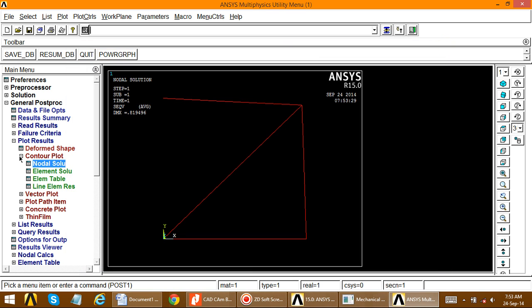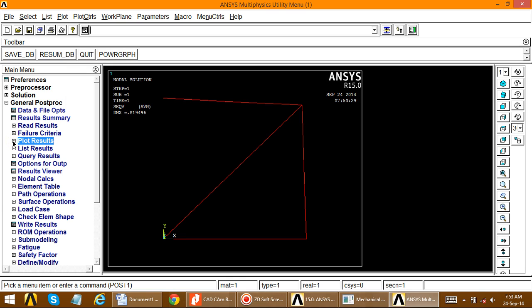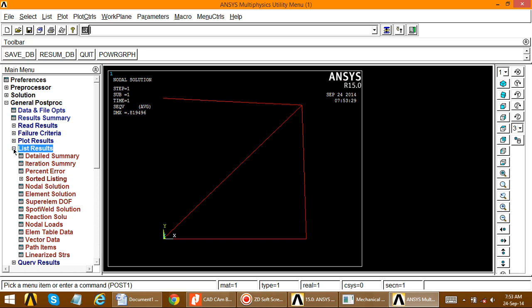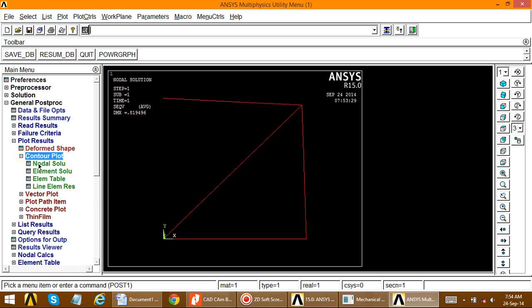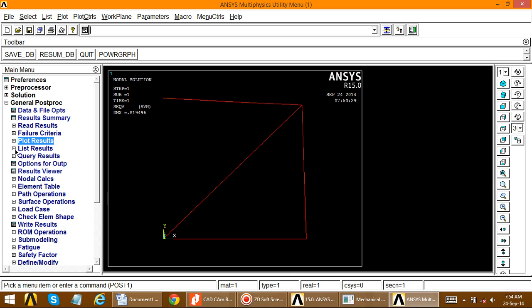Now next result we require the reaction solution, that is list of result. Now go to list result. So the result we took in a plot result, that is nodal solution for displacement and stress. So same result we have to take in a table format.